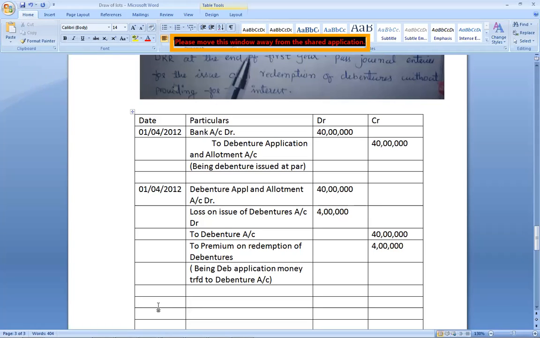creation of DRR, debenture redemption reserve. Out of profits, whenever we are paying, we have to remove money from the P&L account. You have to debit the P&L account. At the end of the year, you will be making the entry. In 2012, we have issued on 1st April. So at the end of the year, you will pass the entry of profit and loss appropriation account debit,